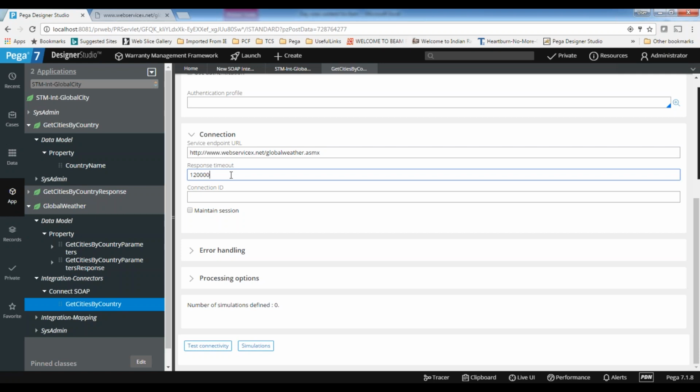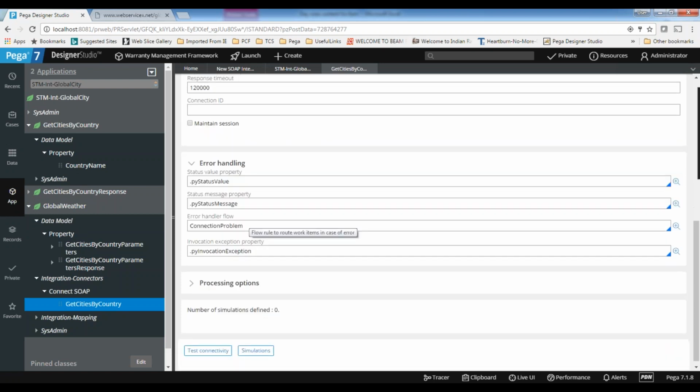If the response is coming within 1 minute every time, you can reduce the response timeout. If every request takes 4 to 5 minutes to respond, you can increase it. It depends on how much time the service takes to give the response. But the default is 120,000 milliseconds, which is 2 minutes.